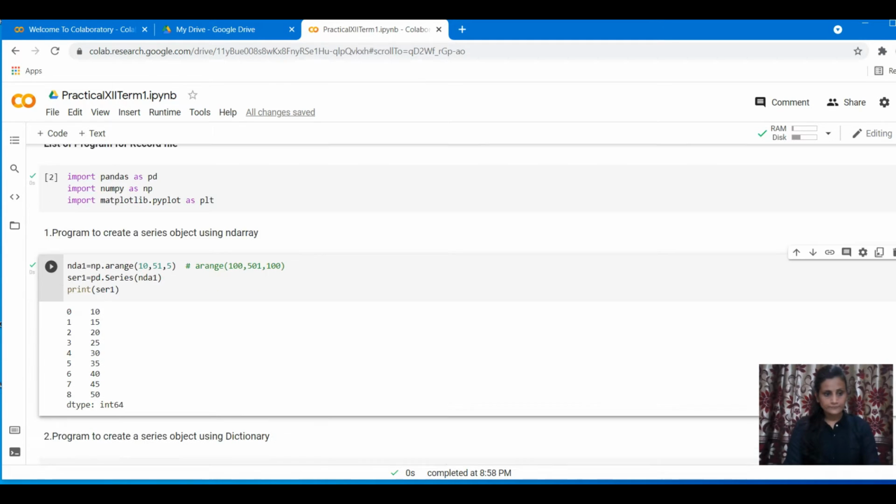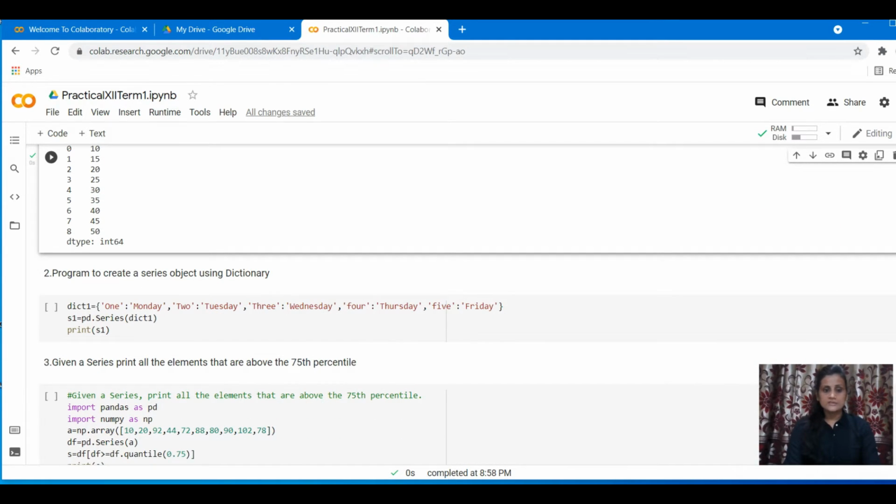Next is creating a series using a dictionary. If you create it using a dictionary, you are going to get the indexes from it, because a dictionary is a combination of key-value pairs. So the key will be your index and the value will be the content of the series. See here, dict1.